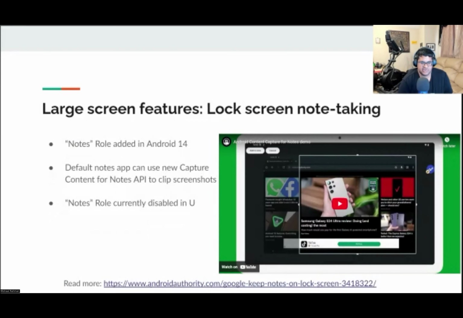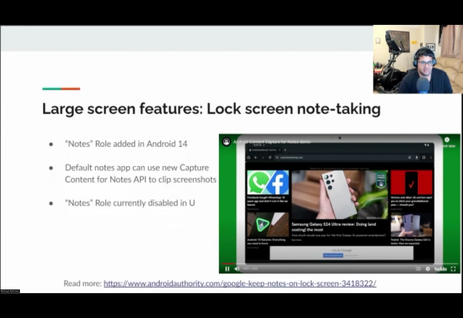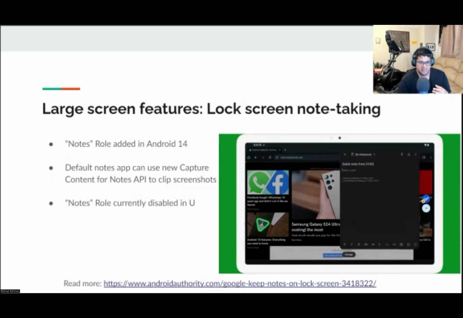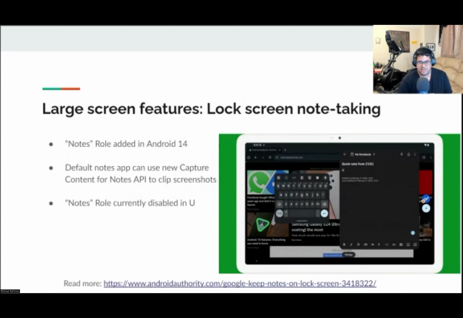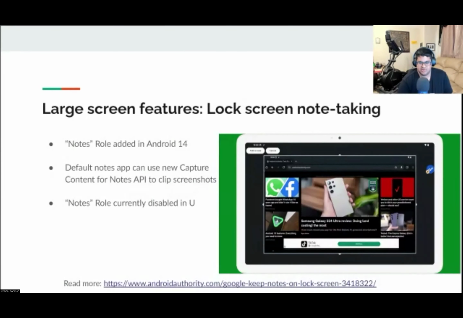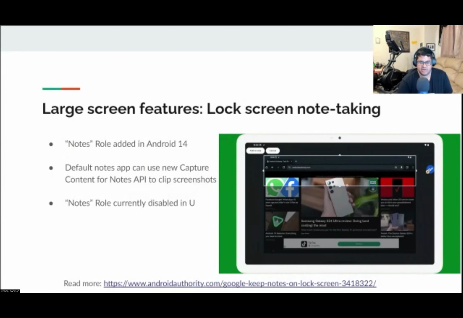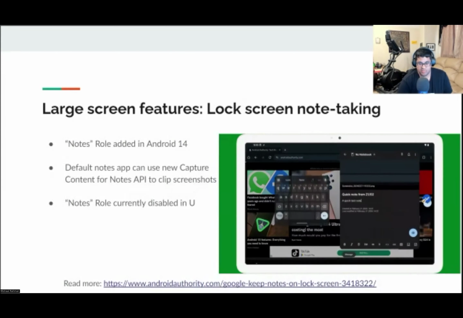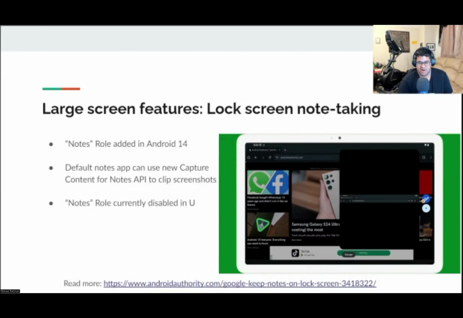And a feature called lock screen note taking, playing a little video here, takes advantage of the new role introduced in Android 14 called note taking, which is disabled by default in the framework, and requires a developer option to toggle the RRO that overrides the configuration to enable it. This new note taking role is open to third-party apps that meet a few requirements.